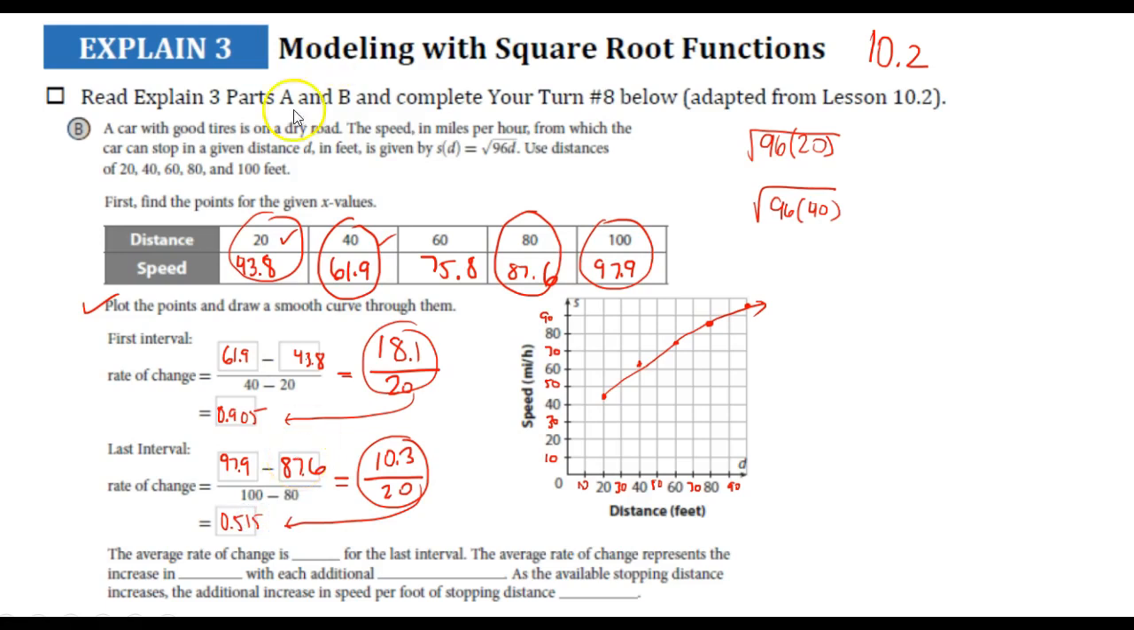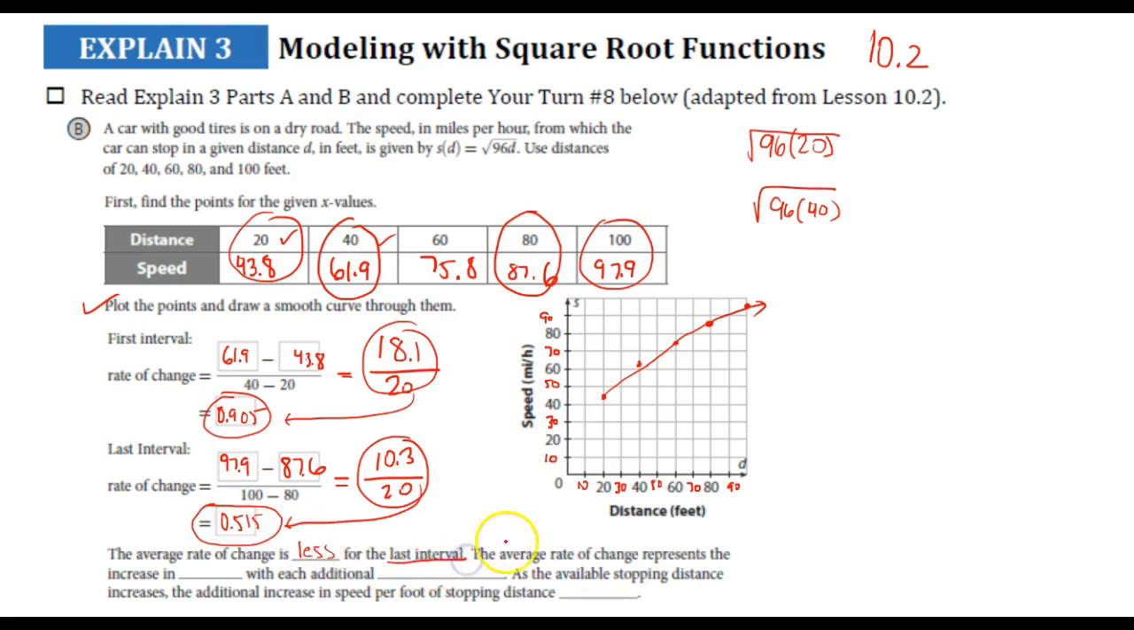The next thing it asks us to do is to find the average rate of change for the last interval. The average rate of change represents the increase in blank with each additional blank. As the available stopping distance increases, the additional increase in speed per foot of stopping distance is blank. So let's fill in some of these blank spots. You can see that your last interval was about 0.5 and some change versus 0.9. In fact, you can see that the average rate of change is actually much less